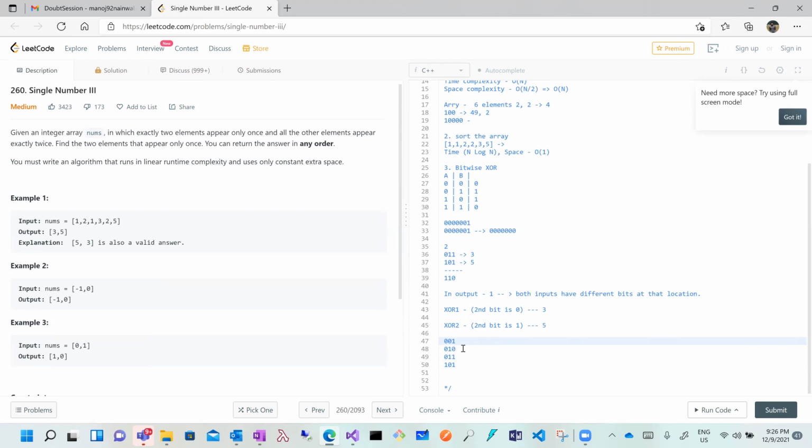And I'm saying that if I have second bit 0, then I will XOR it with my XOR 1. If my second bit is 1, I am XORing it with XOR 2. What are XOR 1 and XOR 2? These are two different variables.